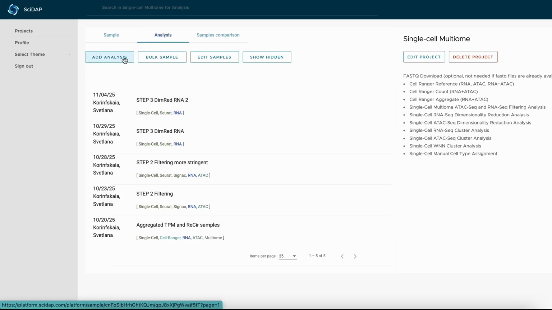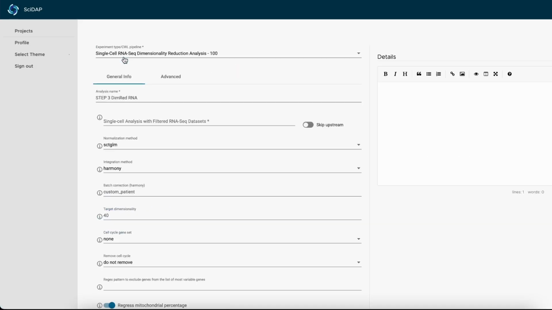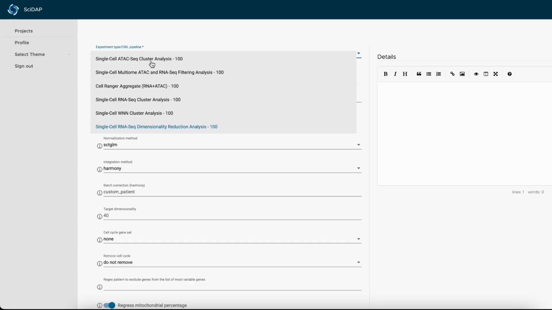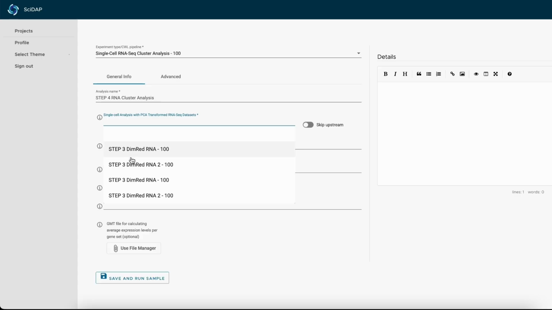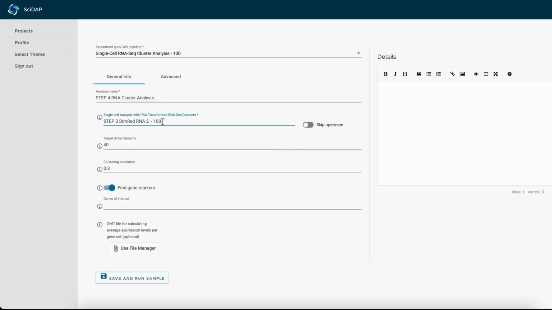Let's add a new analysis and select the single-cell RNA cluster analysis pipeline. We could call it step 4 and give it a new name. Now we need to select from the previous step,